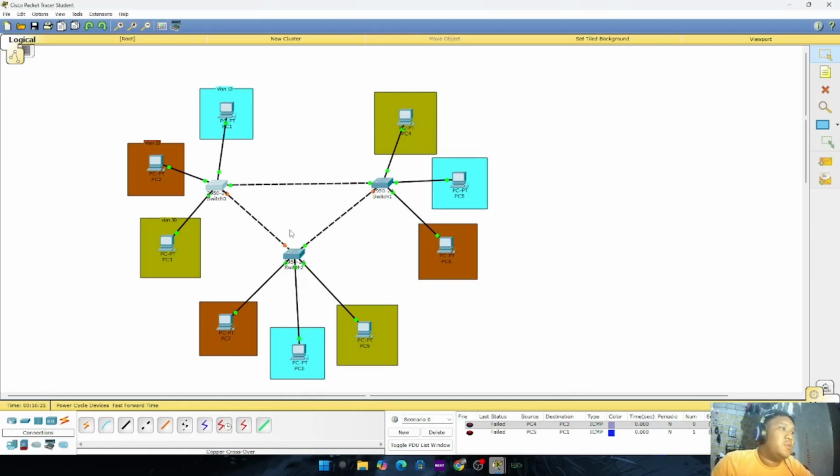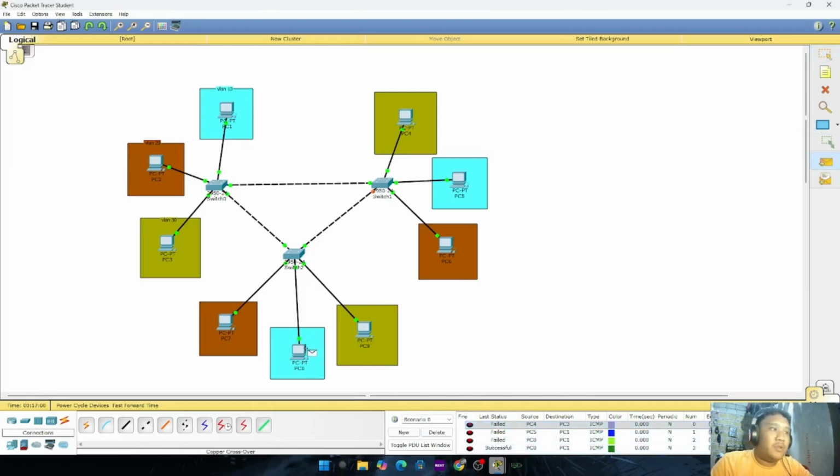It is orange because it is configured, and we wait for a while so we can see if the trunk works by pinging PC8 from PC1, since they are in the same VLAN 10. If I ping PC10, it fails because the configuration is not yet established. Now it is green, so let's try again and ping PC8 to PC10. As you can see, it is successful.